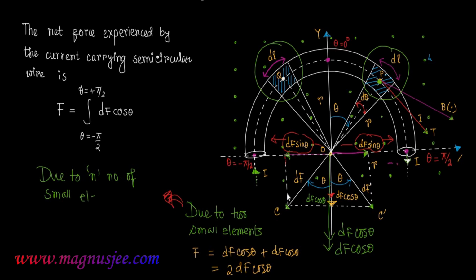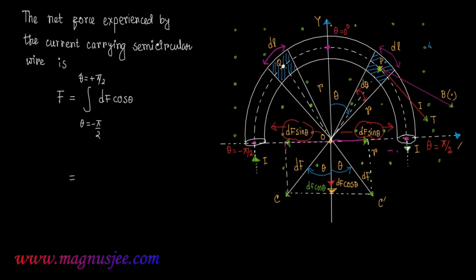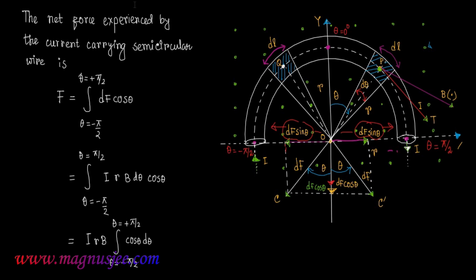elements. Similarly, n number of small elements will experience total force F, which is equal to dF cos theta plus dF cos theta plus dF cos theta plus and so on, that is equal to integration dF cos theta. Means F is equal to integration dF cos theta, which is equal to integration, theta equal to minus pi by 2 to plus pi by 2, IRB d theta cos theta, is equal to IRB integration cos theta d theta, theta equal to minus pi by 2 to theta equal to plus pi by 2,